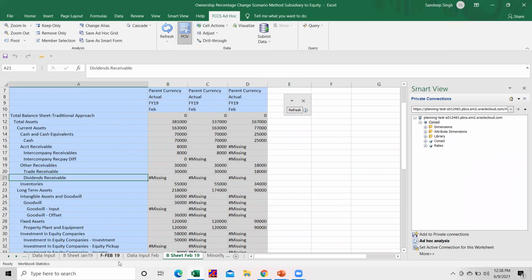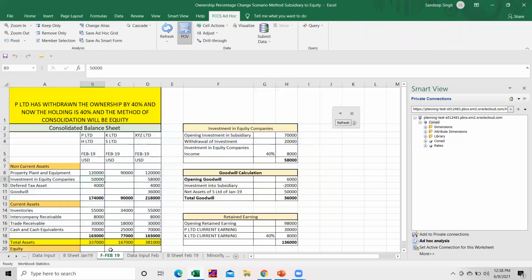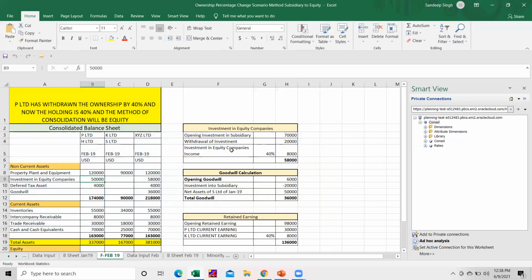Let's check the number. You can see how I have calculated the goodwill. The opening goodwill amount is 6,000, which we calculated in the month of Jan. The investment made by the subsidiary is reduced by 20,000, so this amount comes into negative. And for the 40% that we have withdrawn, if I calculate the net